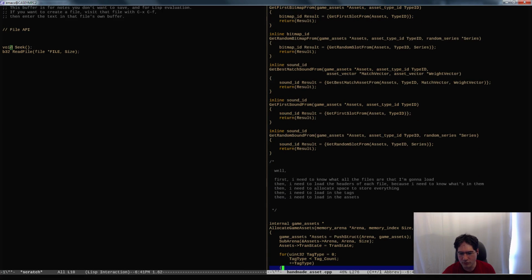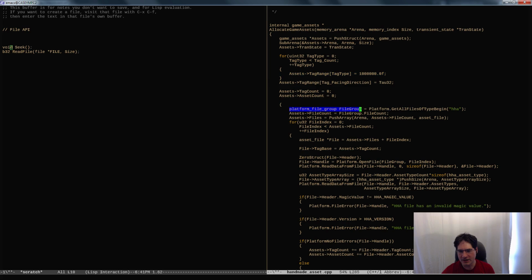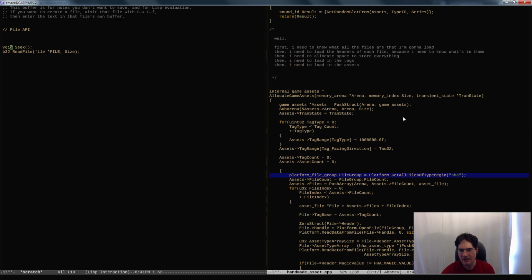And when you look at what you type out, when you just think it through, like what are the things I have to do, it maps really close, right? I'm like, okay, first I need to know what files I'm going to load. We did that, right? Then I need to go through them and load the headers, which is what we did, right? And as I'm typing this, I have all the things that I needed except for these parts, right? So it's not hard to figure out what part is the